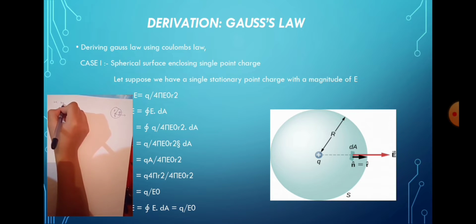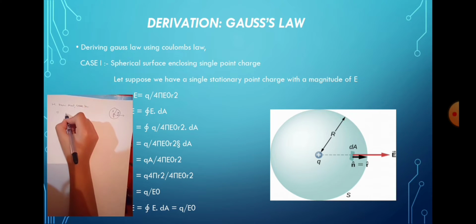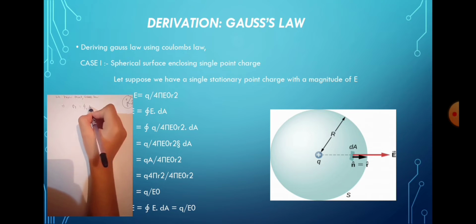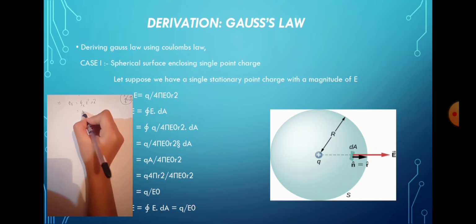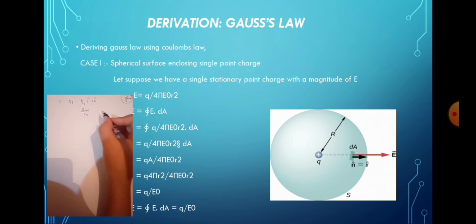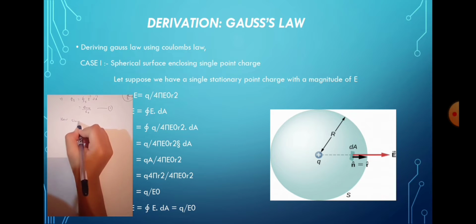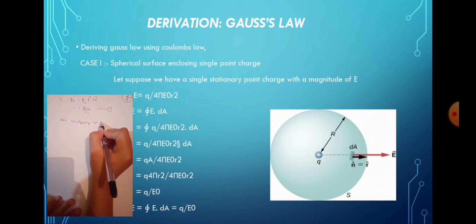Now we know that Gauss law is equal to: electric flux is equal to the integration over the Gaussian surface of E vector dot dA vector, is equal to the charge enclosed by the surface by epsilon naught. Equation number 1. Now simplifying equation 1, we get